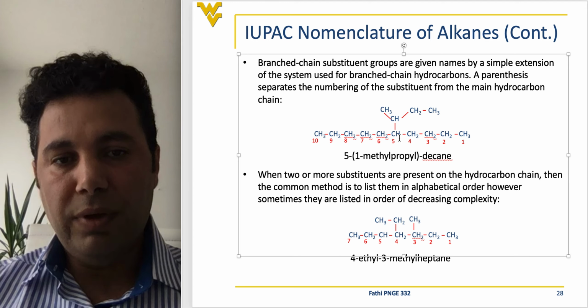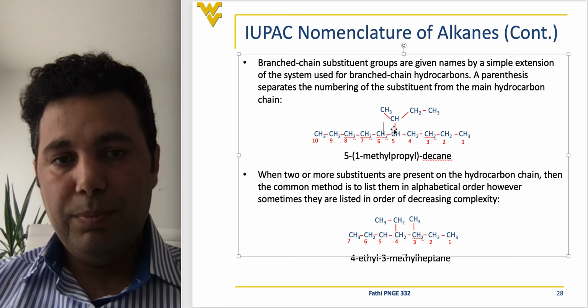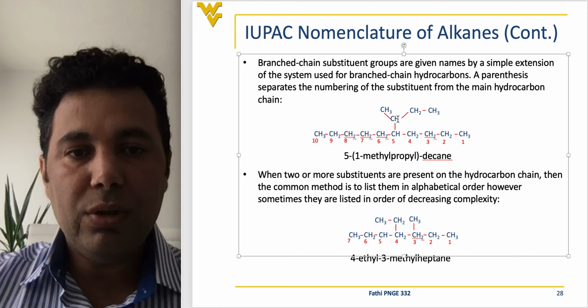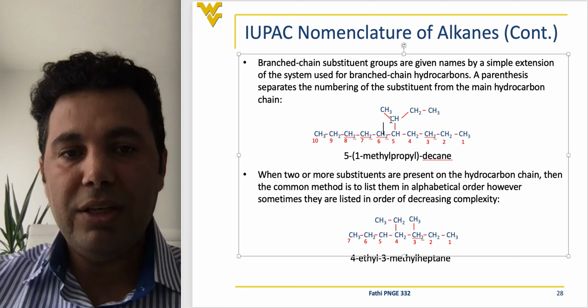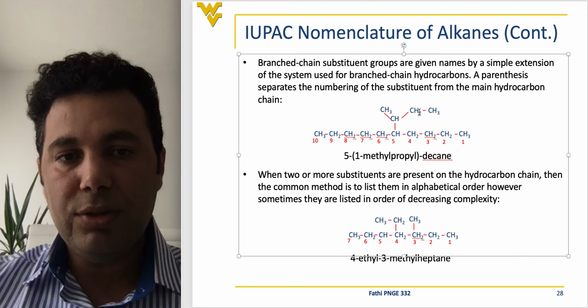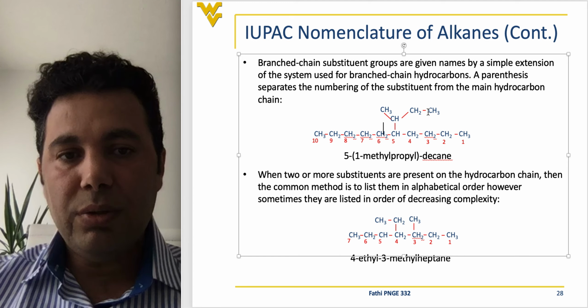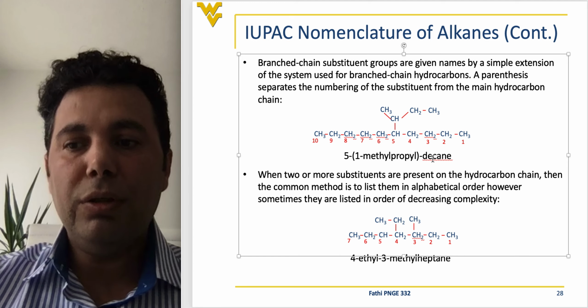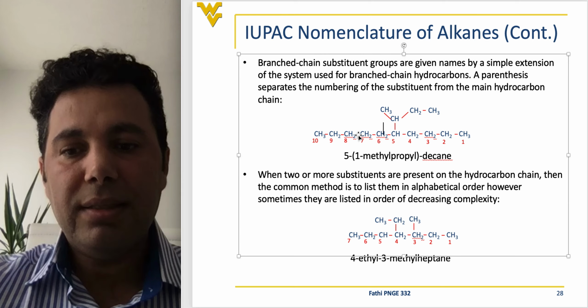So 1, 2, 3, 4, 5. And then in the 5th carbon, I have a structure which also has a branch. So this is the first carbon, and then in the main carbon I have 3. And then in the first one I have a branch. So I have one methyl branch on my propyl, since this is 3 in the main branch. So it's a propyl with 1 methyl group. So it becomes 5-(1-methylpropyl) decane. Okay, so we'll continue on more examples in the next